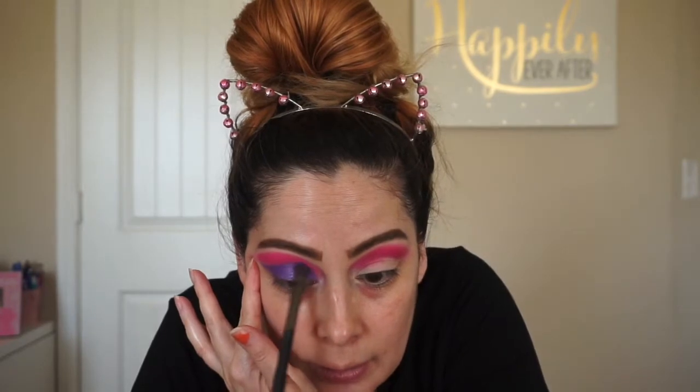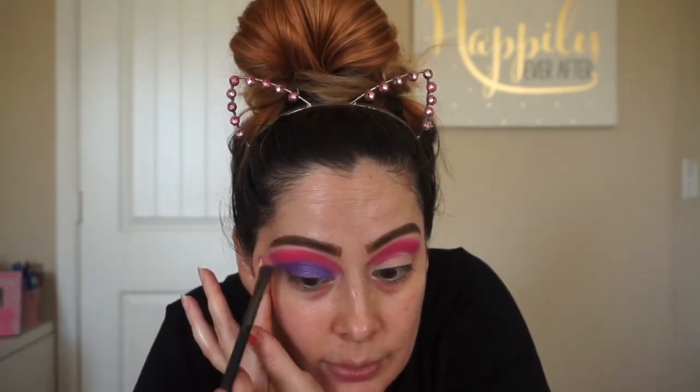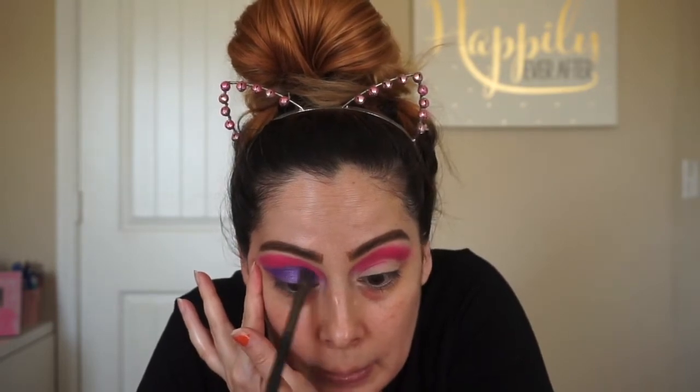And of course these shadows have fallout. They are chalky, but I mean, it's okay with this pigment. You can't beat $6. Just like that. I may bring it up a little bit more, but I don't want to go too far up